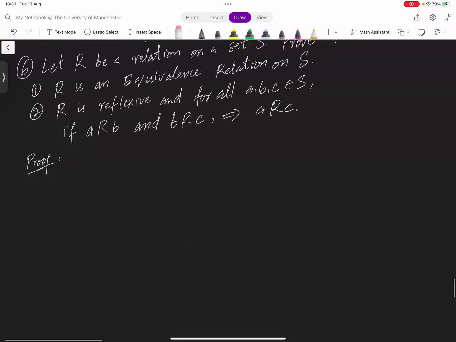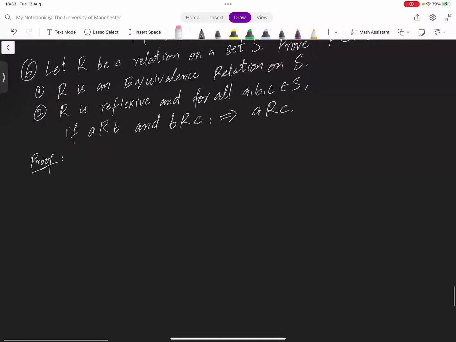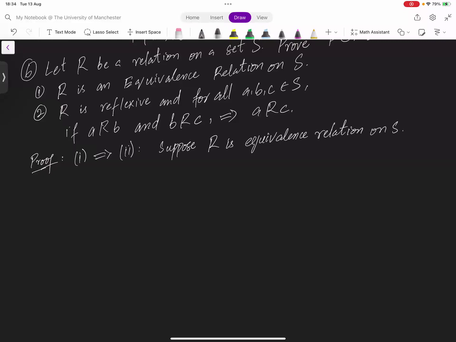So we can write one implies two. Then we can suppose R is an equivalence relation on S, then